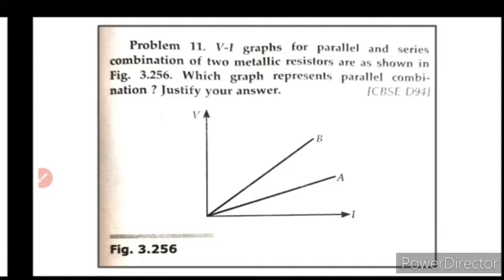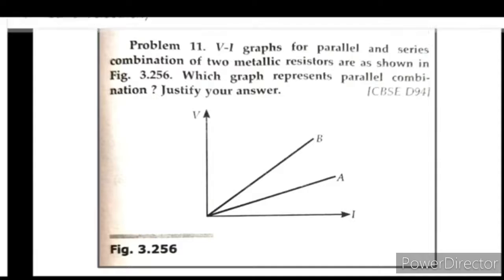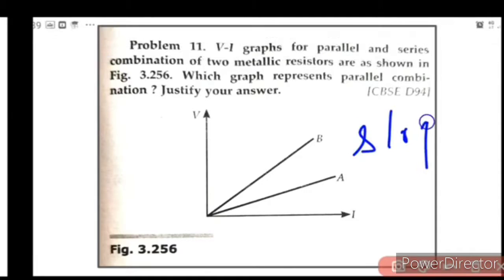Now these questions are typical questions with VI graphs. We have already discussed that if a graph is drawn with voltage along the y-axis and current along the x-axis, the graph obtained for a pure conductor will be a straight line, and the slope of the graph gives what? Resistance. That is the point to be noted. For this type of graph, the slope gives resistance, because that slope itself gives resistance.